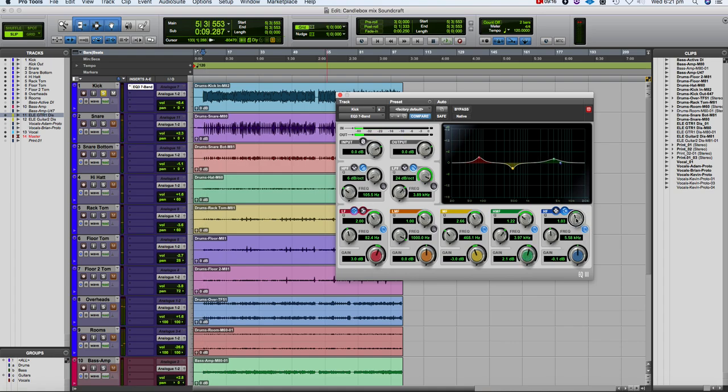Like that's fine. If we want to add a bit more air, we could use a high shelf. We could set it to about a kilohertz, and that's going to give you that more clicky sound, more like a metal kick drum sound the more you add to it. The more clickiness out of the kick drum, adding it will help make that clickiness stand on top of the mix. The more high frequencies you add, the more things are going to sound like they sit on top of a mix. As you learn, frequency is more about height,